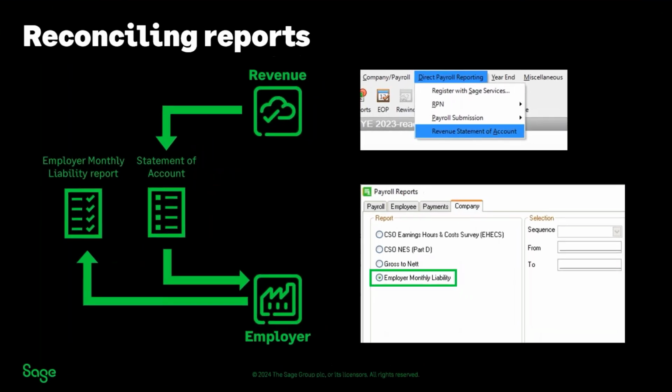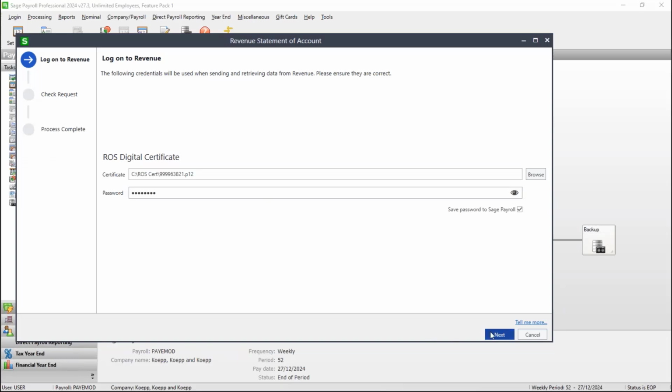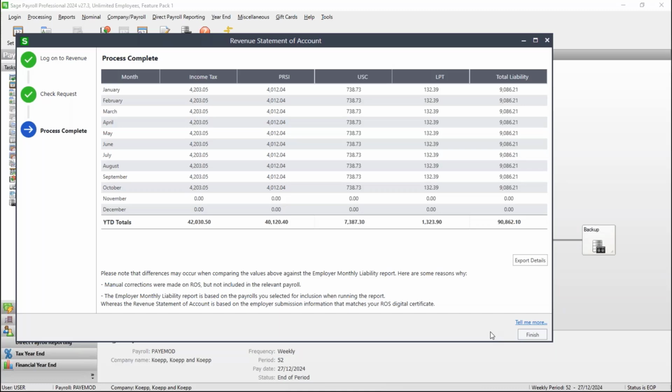So returning to the demo, first thing I want to show you is the revenue statement. To get this in payroll, you just need to go to Direct Payroll Reporting at the top of the screen, and then click Revenue Statement of Account. So click Next, and it then connects to ROS, and it will download the latest totals for income tax, PRSI,